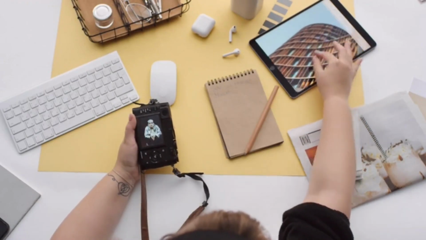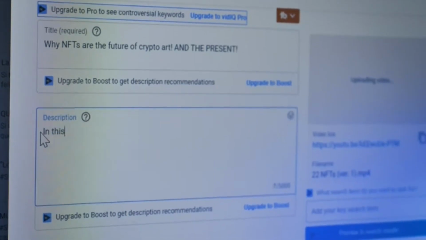From creating useless thumbnails to awful video titles, we'll be dissecting each mistake and providing you with actionable solutions to